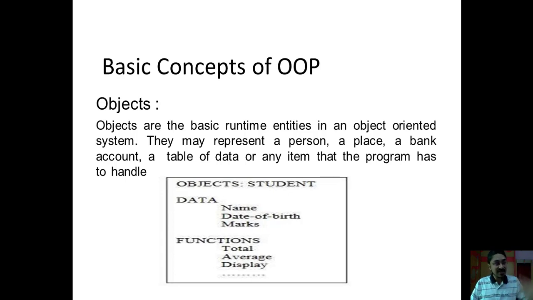Now what actions does that object have to perform? Probably that customer wants to withdraw money. So withdrawal is one function. A customer wants to credit money. So credit will be another function. That person wants to get a loan from the bank. So applying for the loan is another function. So these are nothing but some of the functions which are associated with the bank customer object, isn't it?